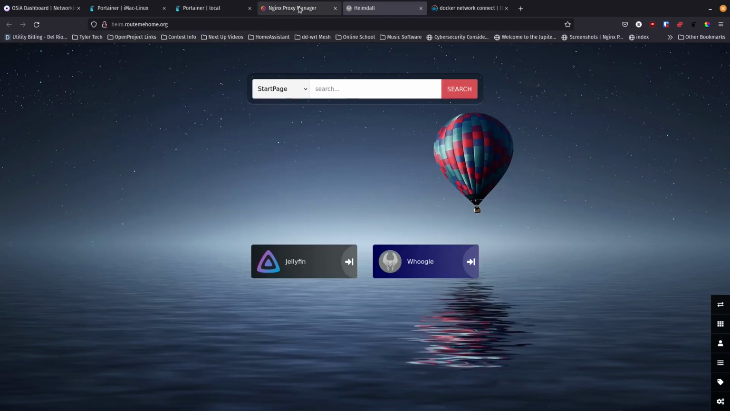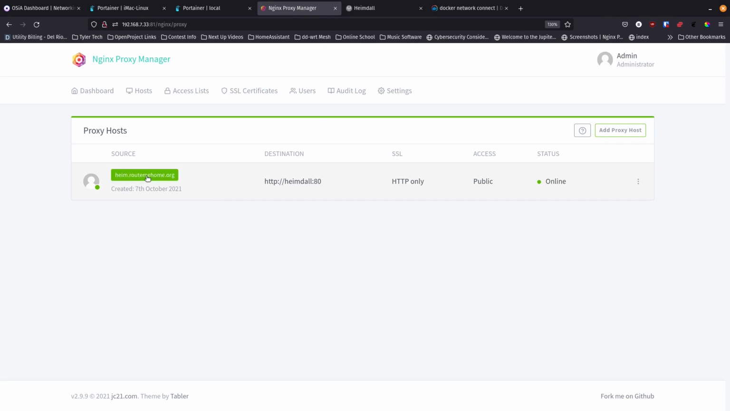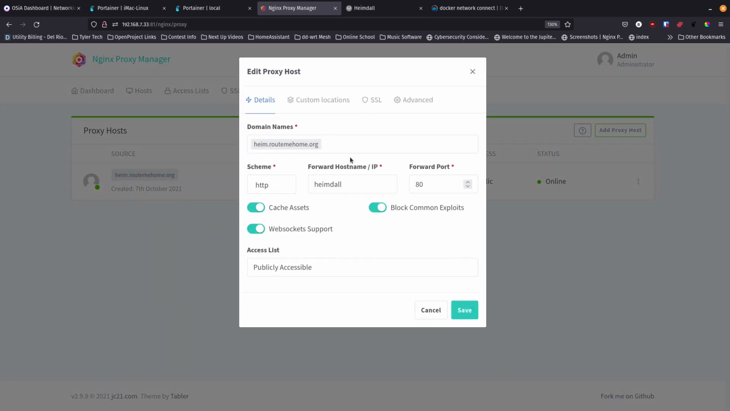But then we go into NGinX Proxy Manager and we set up a proxy host. Inside of the proxy host, we'll just go edit this one so you can see it. We give it a name. Now, routemehome.org is my domain. I own this. You need to own whatever domain you're trying to get through to, but you need to point that domain to your home IP address or your work IP address